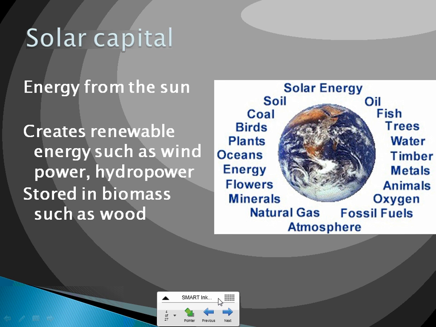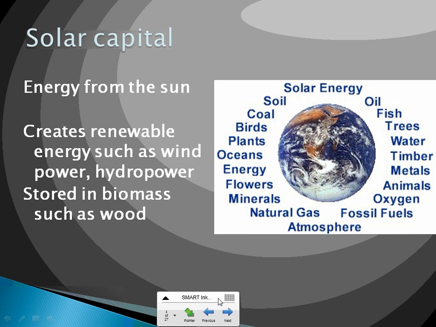It creates renewable energy such as wind power, hydropower, which is kind of hard to understand, but the sun really drives a lot of these cycles that we'll talk about throughout. Wind power, for example: the most direct place that warm air hits is the equatorial region. That warm air, of course, as you probably learned with the laws of physics, will rise. What happens is with the spinning of the Earth, we get convection cells that are created and we get wind.